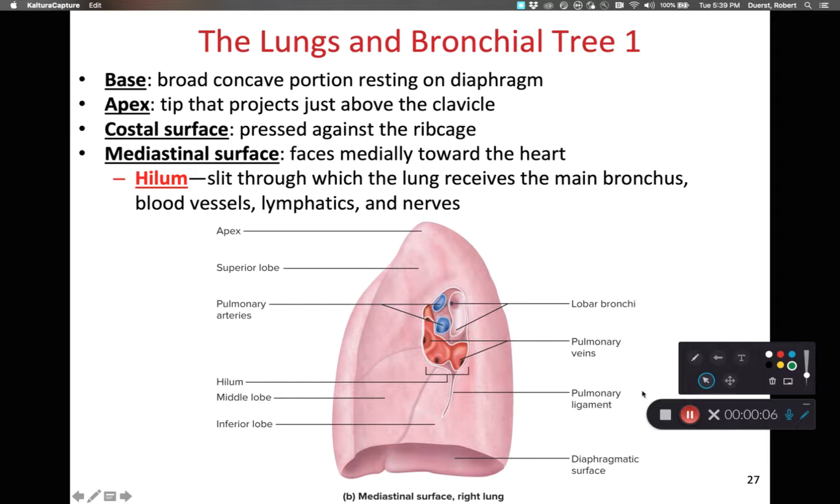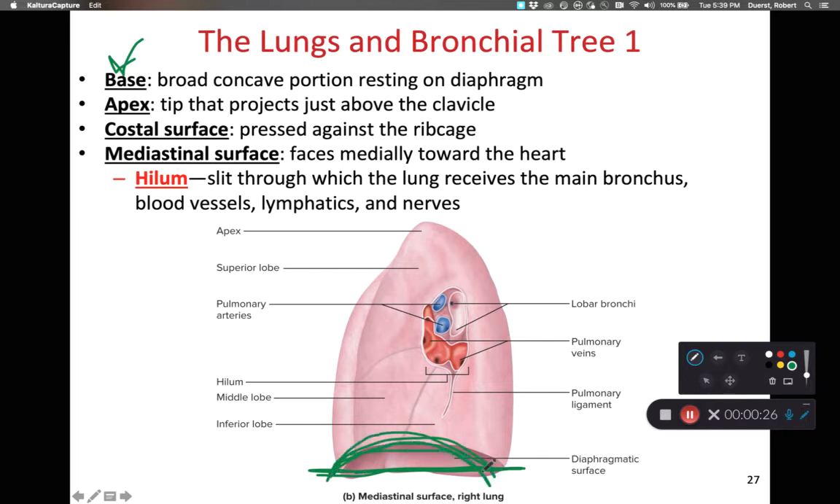Hi class, in this recording we will be focusing on the lungs and the bronchial tree. As we look at our lungs, here's just a generic lung. It's a right lung. We have different regions and parts of the lungs. We have this flat area on the bottom. We refer to that as the base, and it's kind of concave to make room for the contents of the